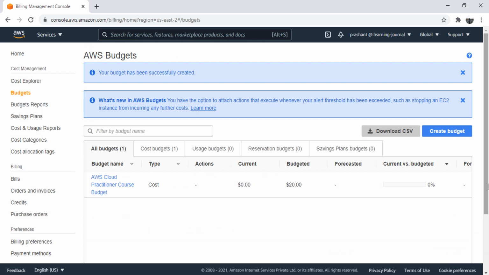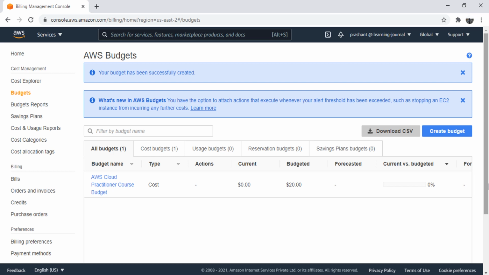Great. So the AWS budget will help you track your AWS spending and send you a notification email if you are crossing your threshold. But remember, the AWS budget is also a paid service. However, you can have 2 free AWS budgets per account. So do not create too many budgets if you do not need them. For learning purposes, one budget for an overall cost spending is good enough to help you manage your cost.